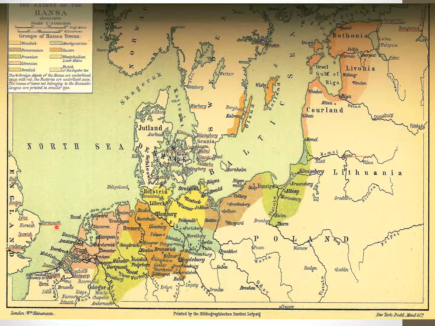Let me fire up the pointer here. There we are, you'll see here London, Ipswich, Yarmouth. These cities with a red line under the name are cities where the Hansa had warehousing rights and kept goods in transit. Now, even by modern standards, this is a vast area. So you'll see, if you look at the scale of miles up here at the top, 150 miles you'll see here is,